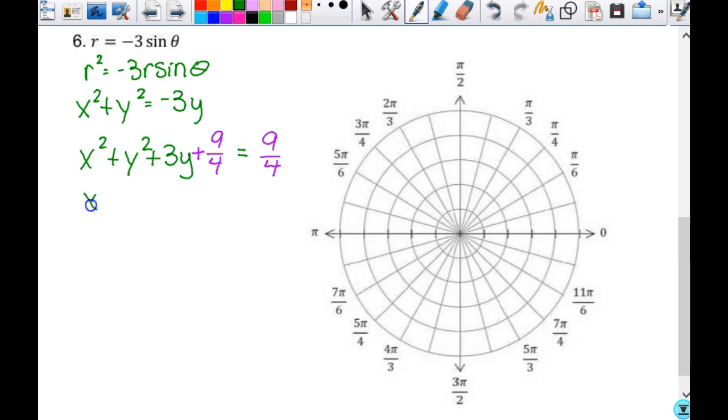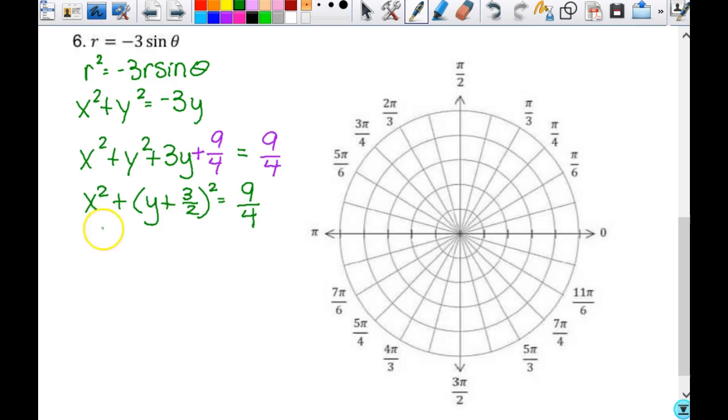So then that gives me x squared plus y plus what? 3 halves squared equals 9/4. Everybody with me so far? Good? Okay, so on the